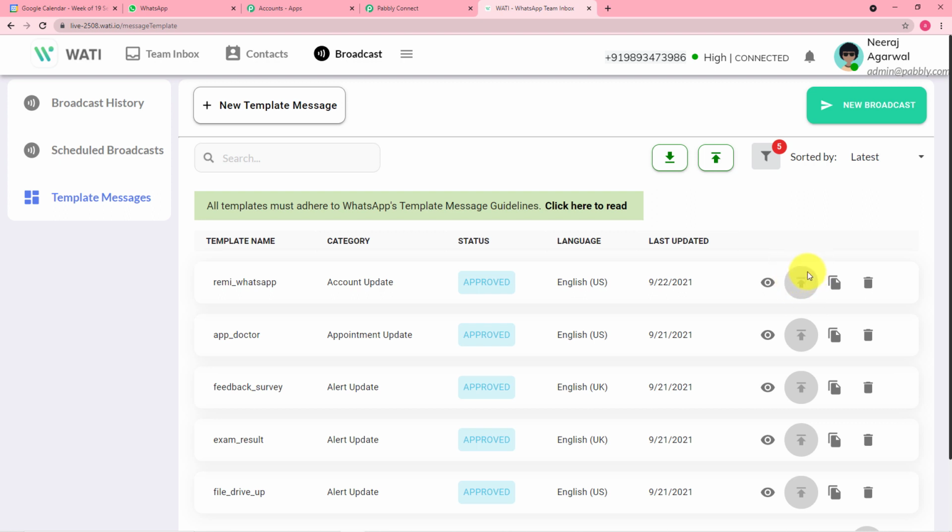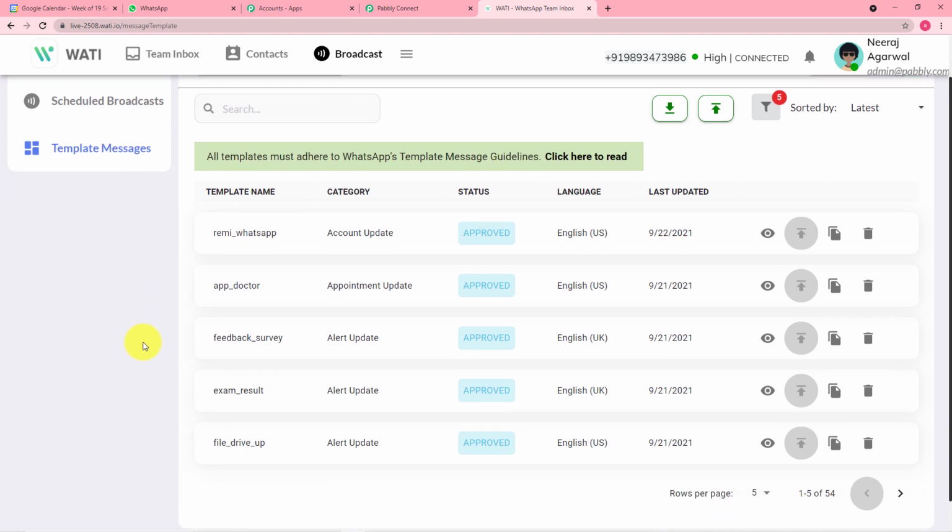After your template gets submitted, WhatsApp's parent company, Facebook, will review your template and get it approved. It takes 30 minutes to 2 days to get your template approved. Typically, it will be done in a few hours.